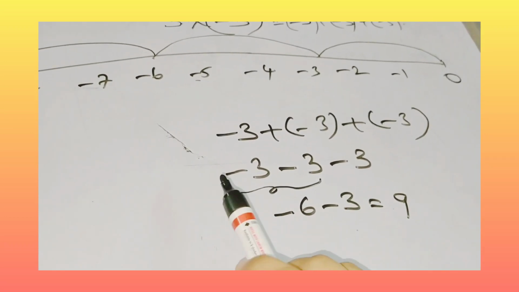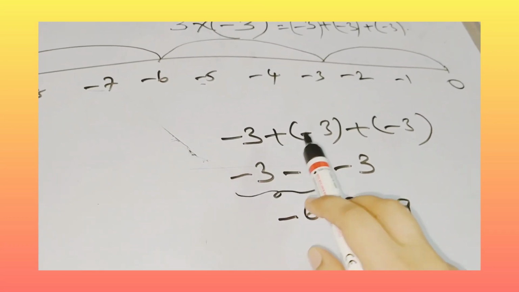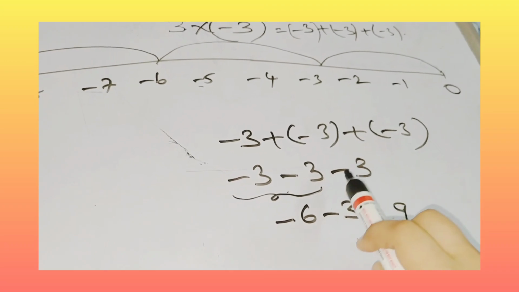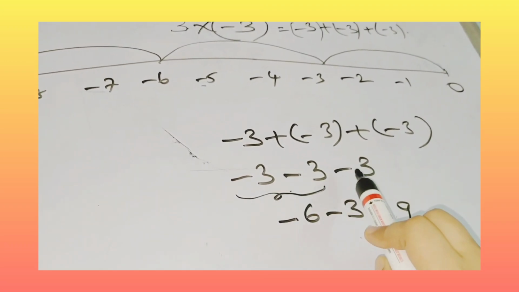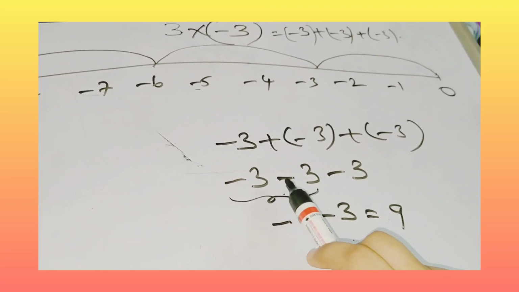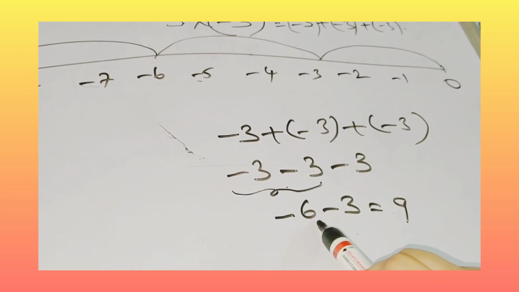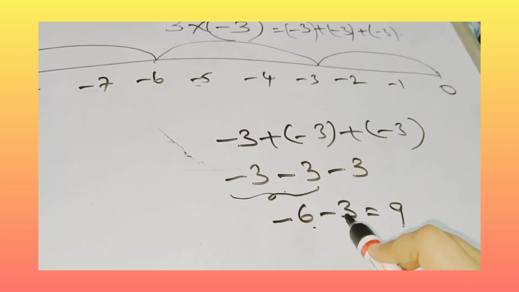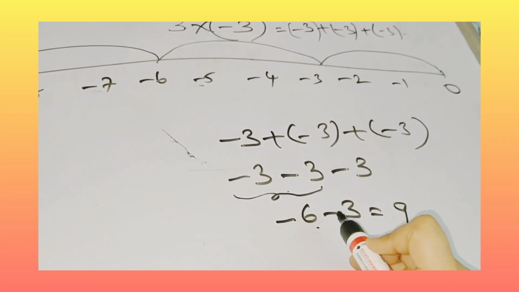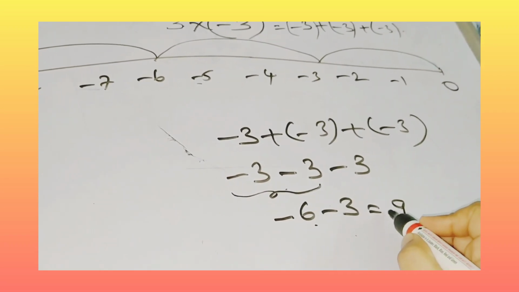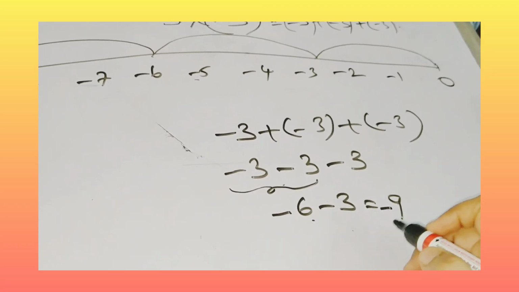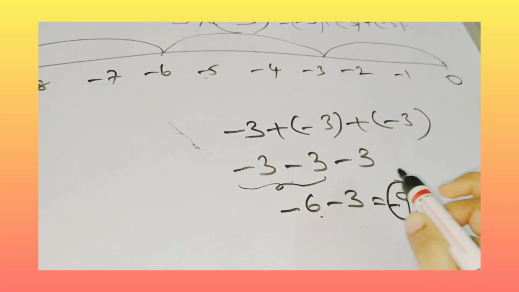Now we'll do it practically and we'll see it. Okay, here minus 3 plus of minus 3 plus of minus 3 is there. What you have to do, plus into minus is minus, plus into minus is minus here, minus 3 minus 3 minus 3. Minus 3 minus 3, you have to do addition here. If minus minus is there, you have to do addition. Minus 3 and minus 3 is minus 6. Okay, minus number you have to take, and minus 3. Minus 6 and minus 3 is again 9. Again, minus 6 and minus 3 means the symbol you have to take. You have to take minus 9 here. As the minus number is bigger, you have to take minus. Answer is minus 9. So we got the answer now.